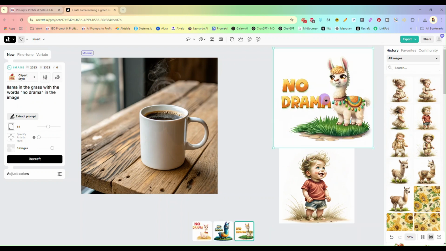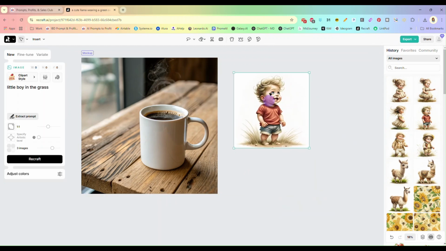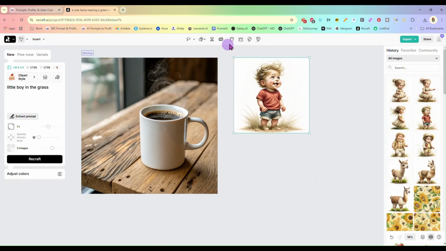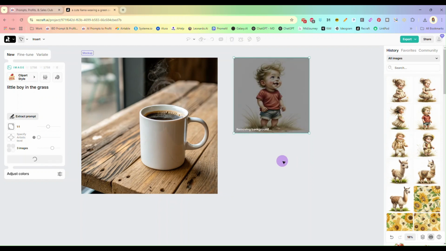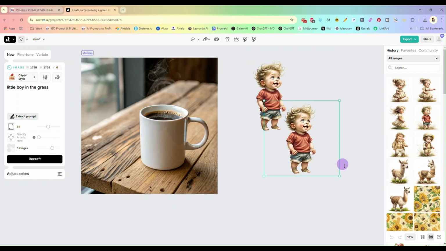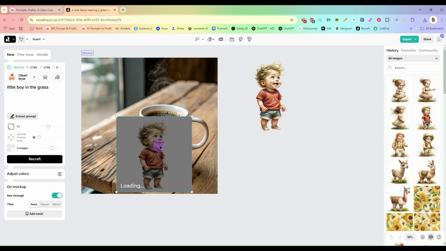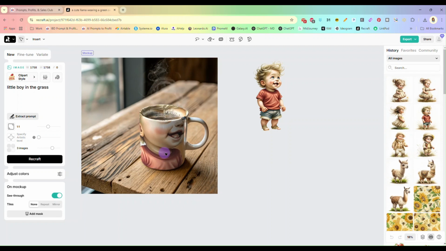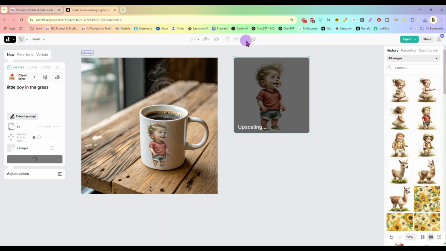Let's get rid of the llama. Let's say we want this little boy. We can remove his background. And it took more than I wanted it to, but we're not going to worry about that. Slap it in here. Put your mockup in place. Put that there. Take this one, upscale it,